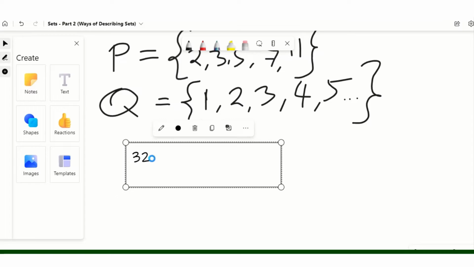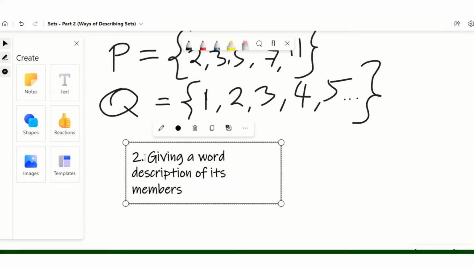The second way we can describe a set is by giving a word description of its members. So basically what you do is describe the property of the members, or we define a property